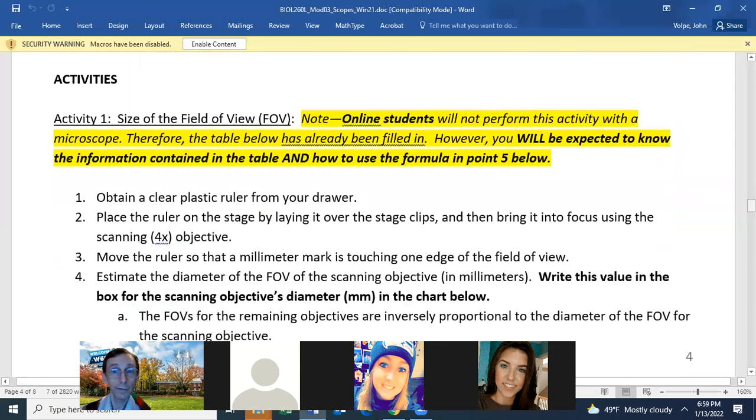All right, so students are not going to be performing any activity with a real microscope. If you actually have a real microscope, you can do some of this, and it would be good for you, but not required. The table has already been filled in for you so that you can get started on this lab. You are expected to know the information contained in the table and how you use the formula in point 5